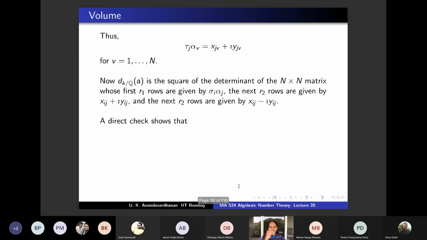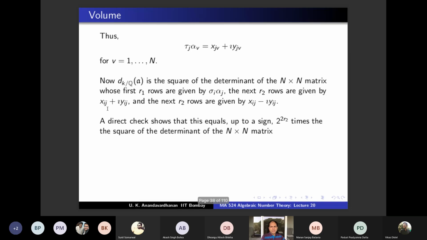This is the discriminant. Now, what you do is addition, and it's easy because xij plus i yij is there in one row. Correspondingly, R2 rows later, you have xij minus i yij. So you can add those two and get 2 xij. Similarly, you can do one more operation. You can do some elementary row operations, and you can show that up to a sign, this is 2 power 2 R2 times the